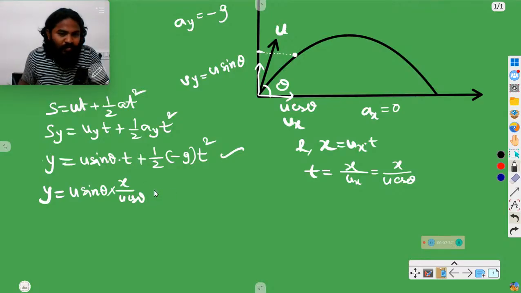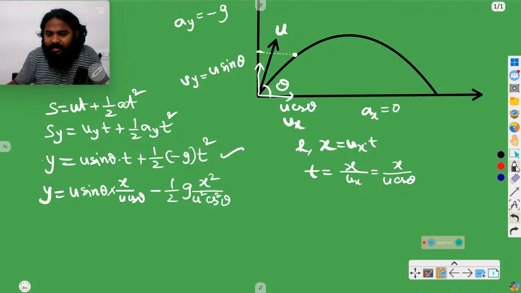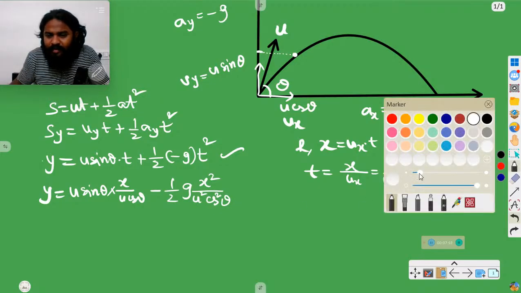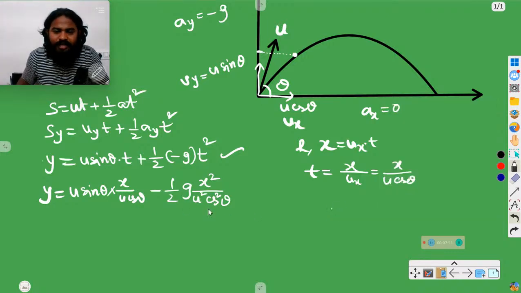X by u cos theta minus half g t square, t square in the sense x square by u square cos square theta, right? This is the t value. Now from this, y is equal to, here you get cancelled,